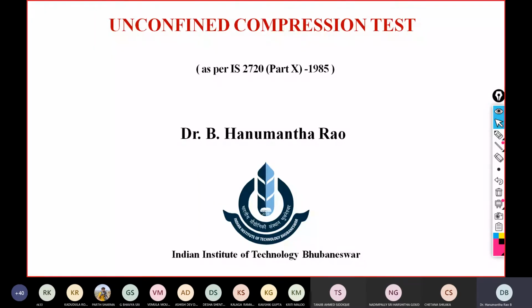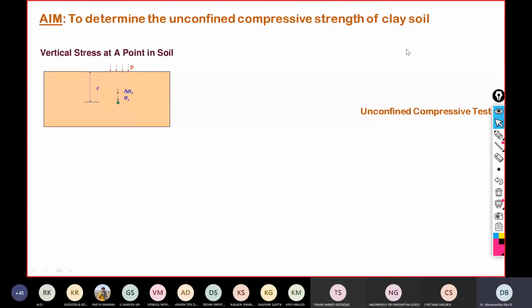Okay. So let me start today's experiment. This is a very simple one and a very quick test. Today let us cover experiment number 10, that is how to determine the unconfined compression test. This test is covered by IS 2720 part 10, 1985. The basic purpose or aim of this test is to determine the strength of